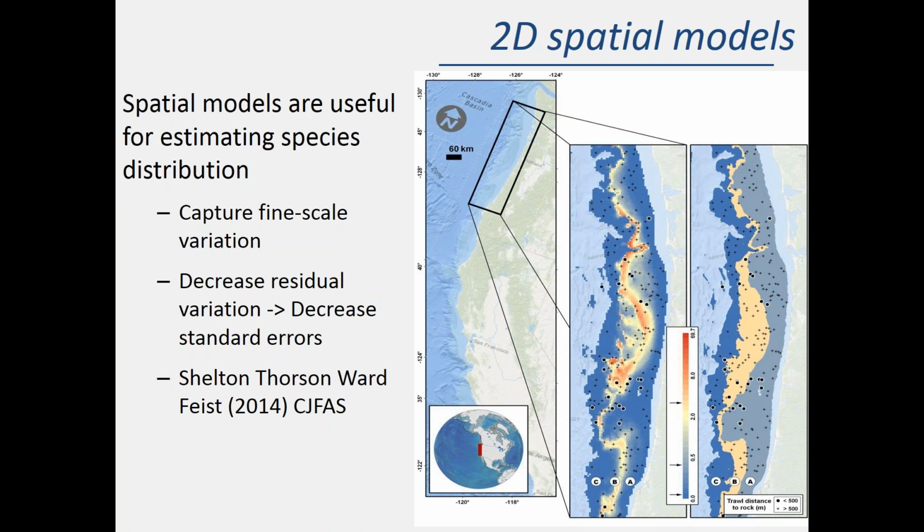And basically by doing this, it partitioned more of the residual, it modeled more of the variation in the data, within this within-stratum variation that it was modeling. And so the residual error term was lower in the spatial model than the spatially stratified model. And because the residual variation was lower, the predictive variation to new locations was lower. And so when we sum across space, we end up with a lower predictive variance for the sum. And so we'd end up with a lower standard error, a lower uncertainty when predicting total abundance in this model